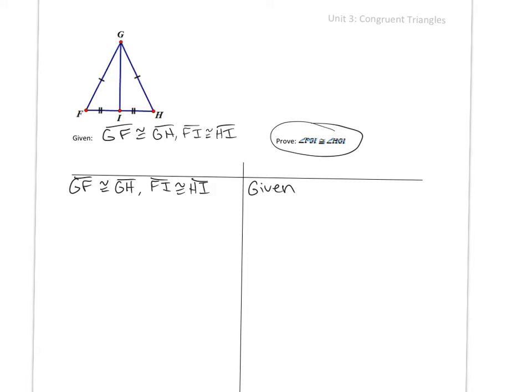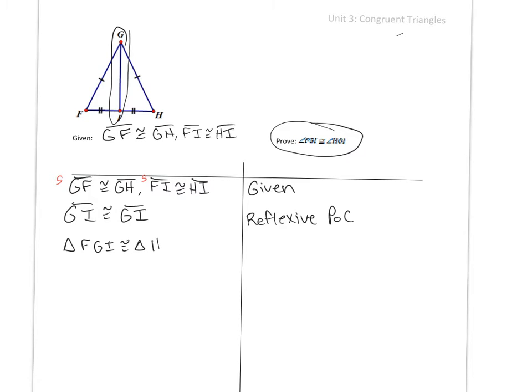When I look at this diagram, I need a third thing. They've given me so far two sides to be congruent. I'm looking for a third item. I see here they've got a shared side, GI, so I can use the reflexive property to say that GI is congruent to GI by reflexive property of congruence. And because GI is congruent to GI, I can then say that triangle FGI is congruent to triangle HGI